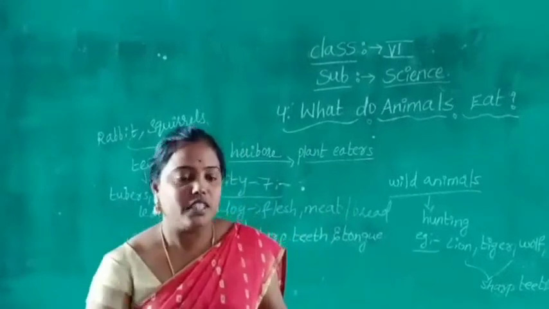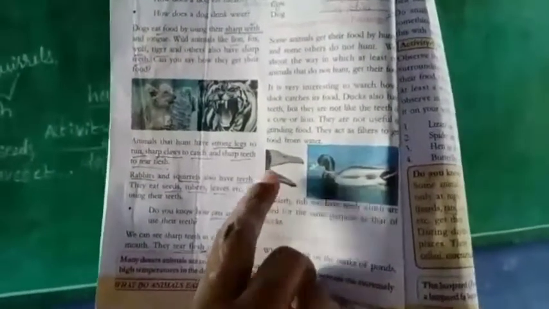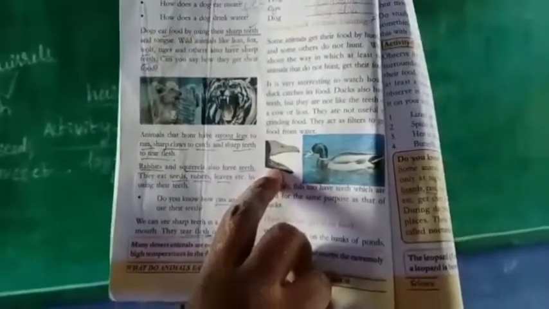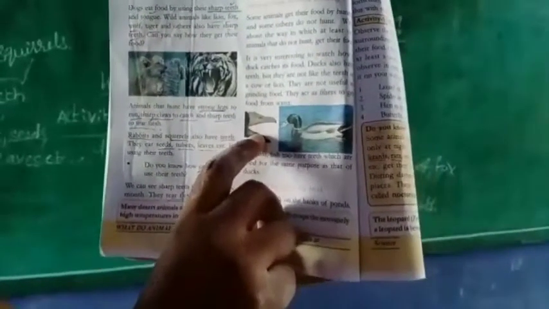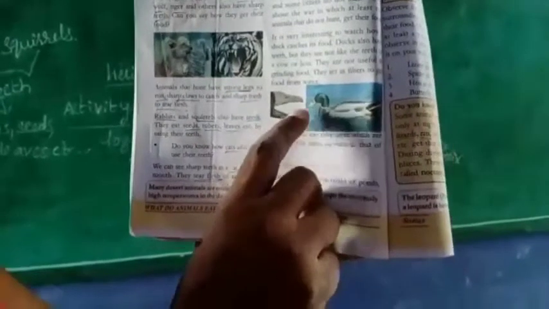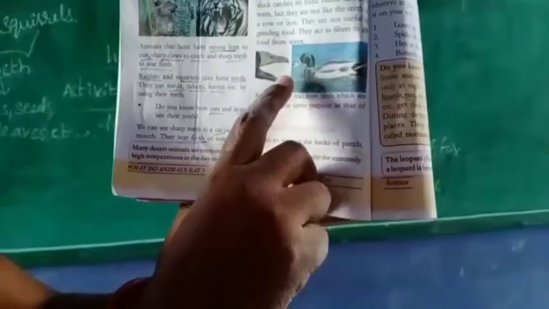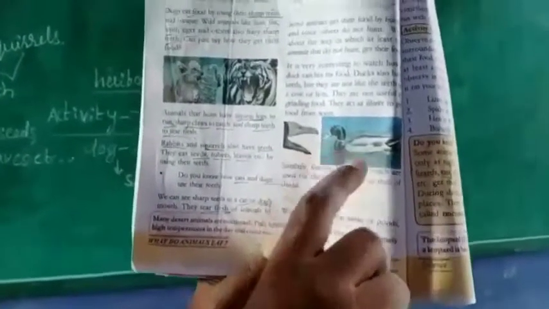Okay, children, this is the diagram of a duck, which lives in the water. When it sees an insect, it will open its beak and catch the insect and grind the insect into the body. So like this, what happened, Nana? The ducks have teeth. By using teeth, it will catch the insect and eat it, swallowing it into the body.